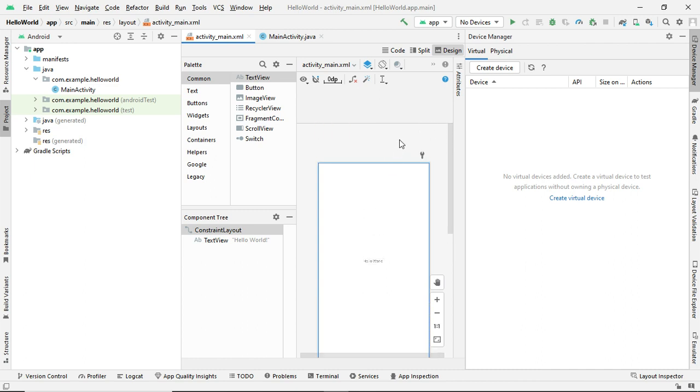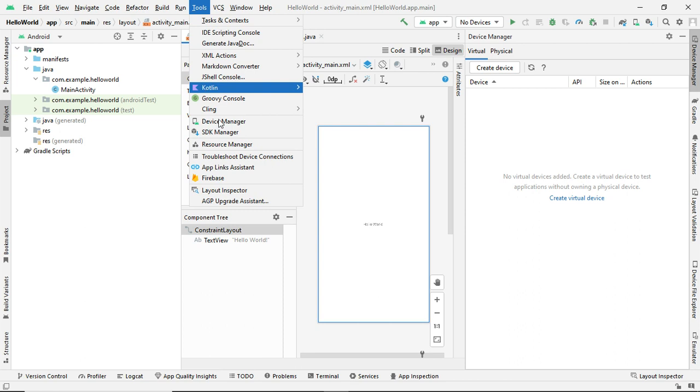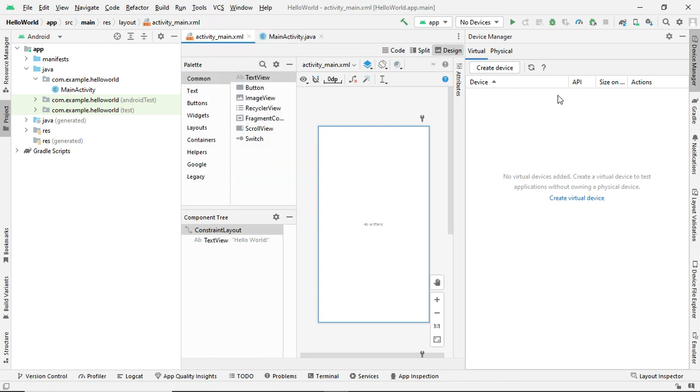However, if you want to see the output in a virtual device, initially you have to create a virtual device. So you can see in the Tools, Device Manager will be there. This is the Device Manager window. Here you can select create device,